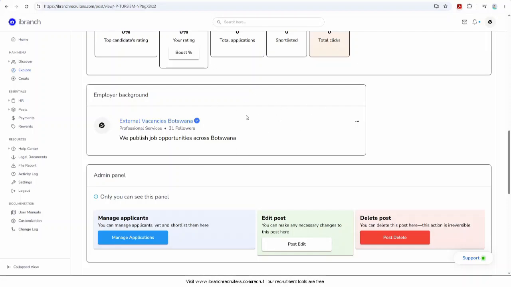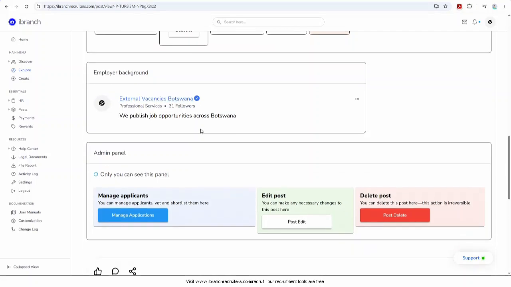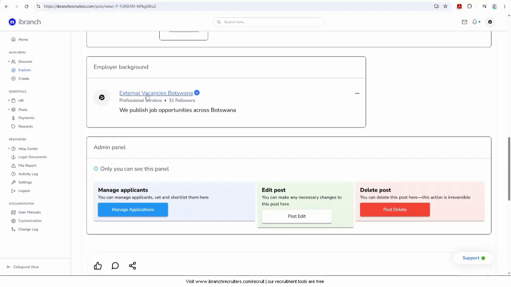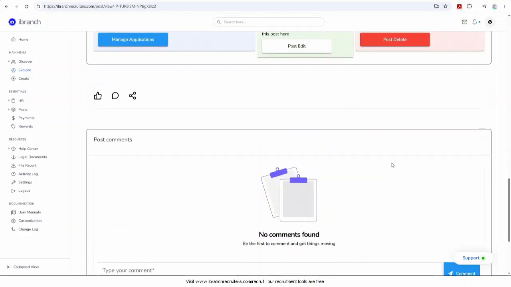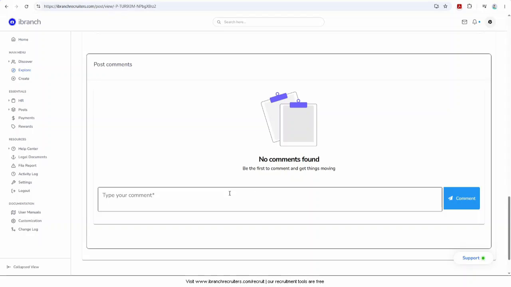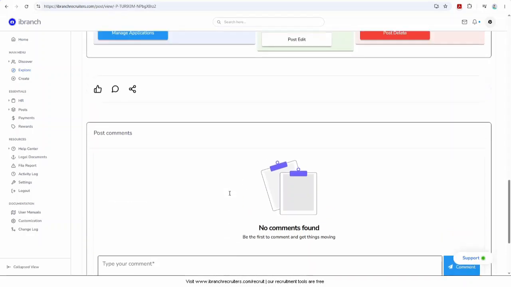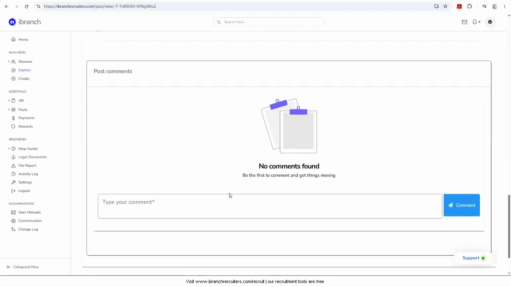There's the employer background. For now, it's the account that we are logged in with. In your case, it will be your own account, your own image, your own information. Here is the admin panel, where you can manage applicants, edit the job, or maybe delete it. Here is where candidates can comment about this particular vacancy, similar to how LinkedIn does it. People can comment, tag others,